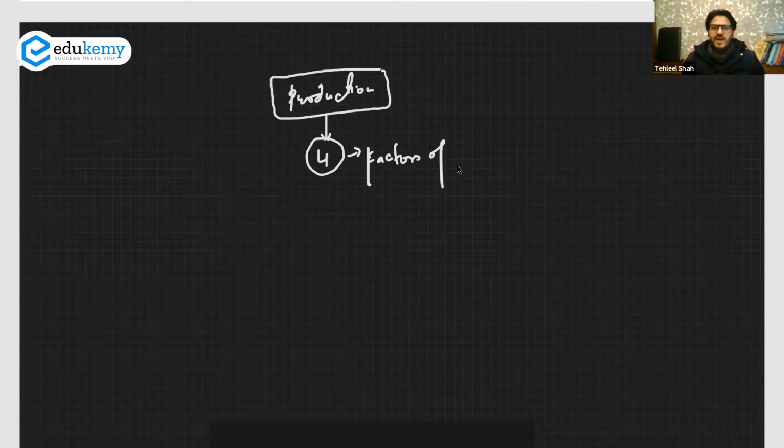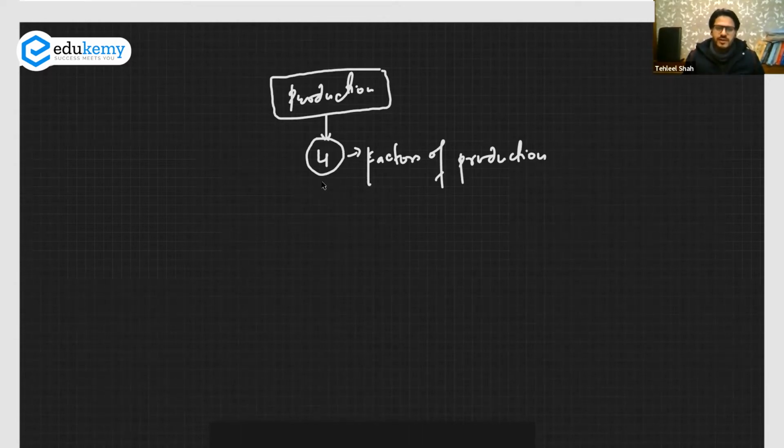Now see, if you have to do any production, if you want to increase the production of any economic goods and services, for that you have four important factors of production. We call them factors of production. These factors are very important to actually produce any goods and services, but precisely any economic goods and services. So if you have to increase the production, you have to have these four factors of production.